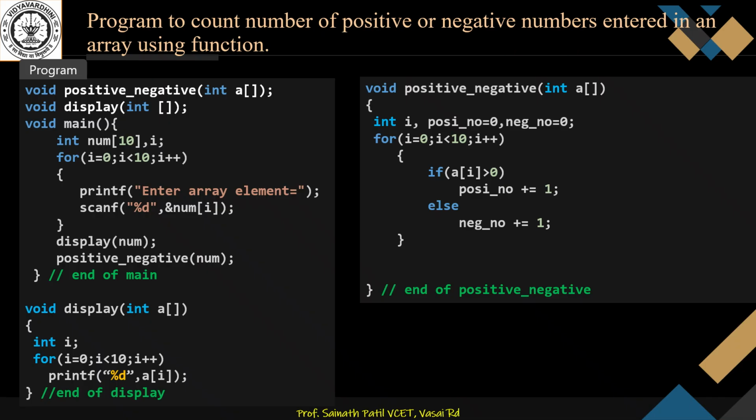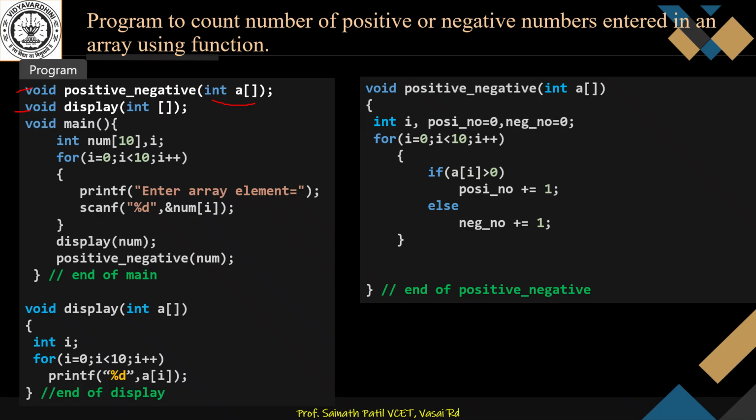In the program, in the beginning we declare functions, function prototyping: void positive_negative, that is the name of the function, to which we are passing int a[]; as an array, and another function, void display, as we saw in the previous program, int